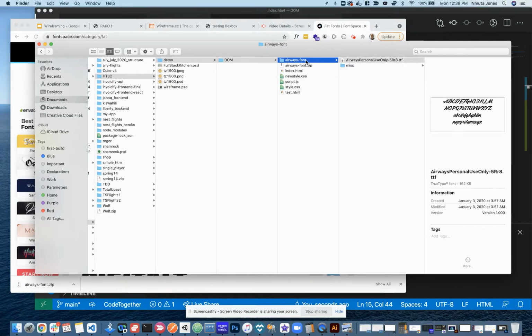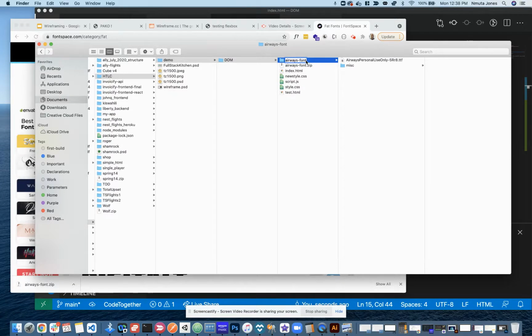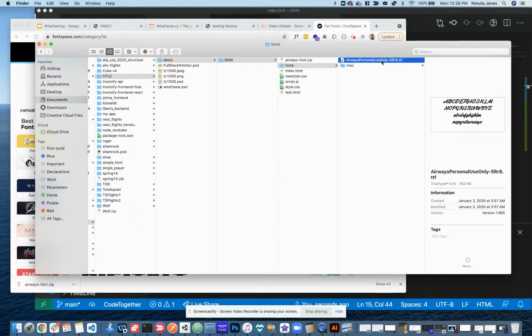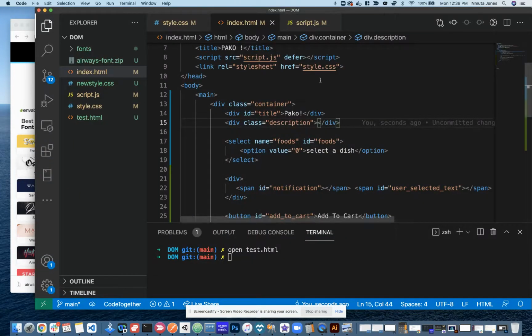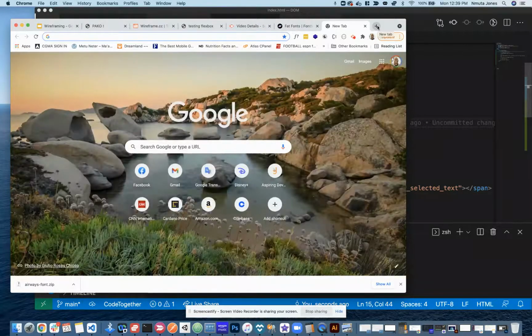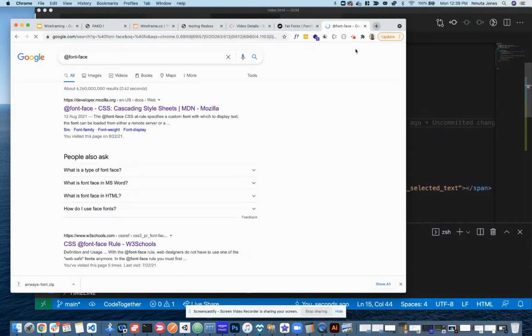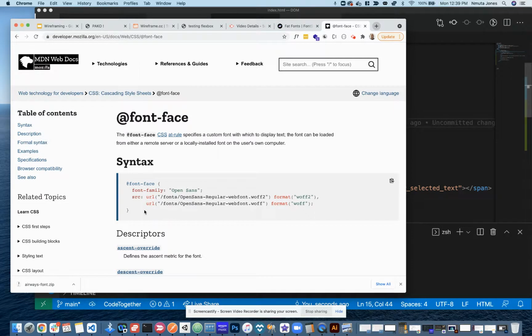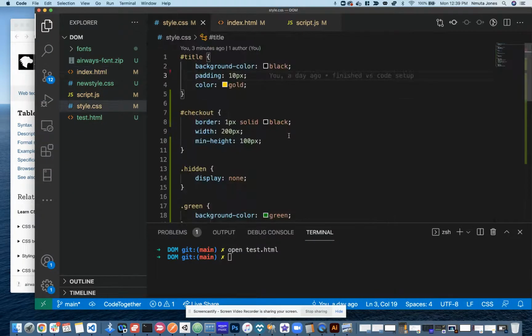So I'm going to change the name of this directory to fonts. And then I'm going to change this to just Airways, mainly because this is easy for me to remember the name of it, airways.ttf. If you want to use a custom font, you use the @font-face. If you Google @font-face, you can see the syntax for it. Basically,